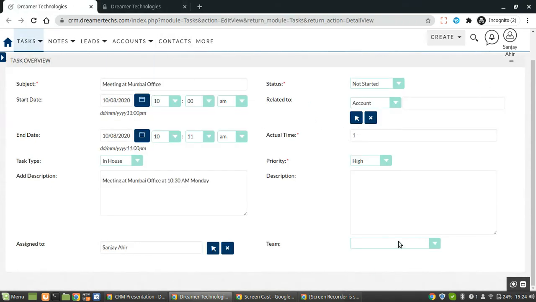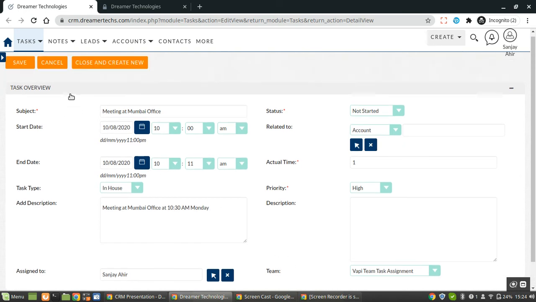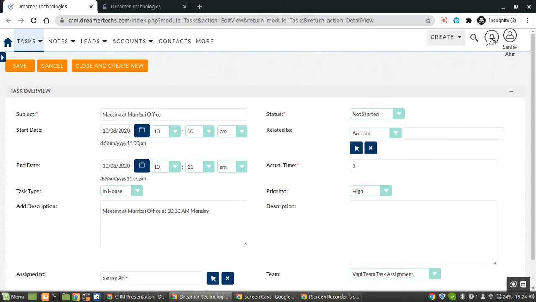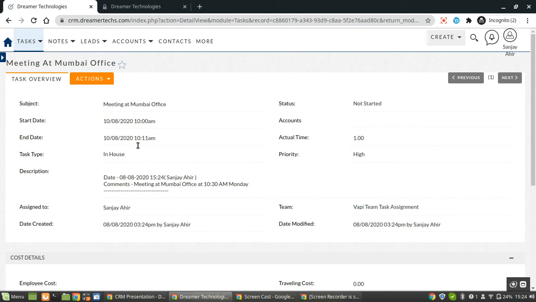So once I select this WAPI team and save this, it will notify me here on this notification bar. There is no current notification here. If I save this, let's see. You can see now there is one notification.